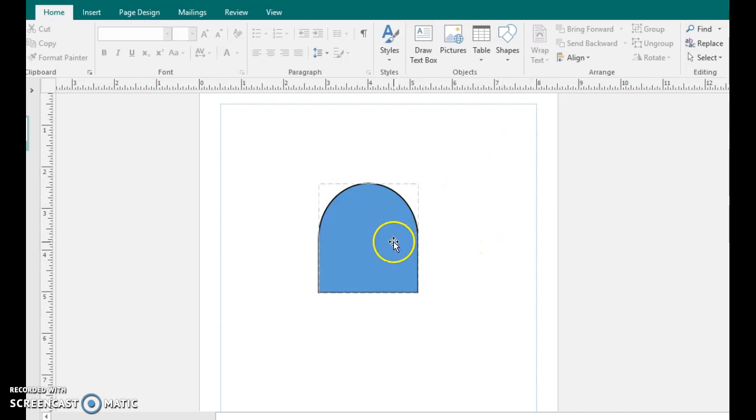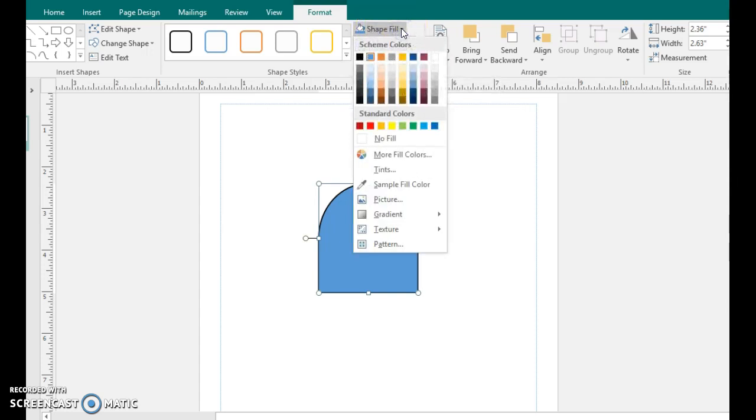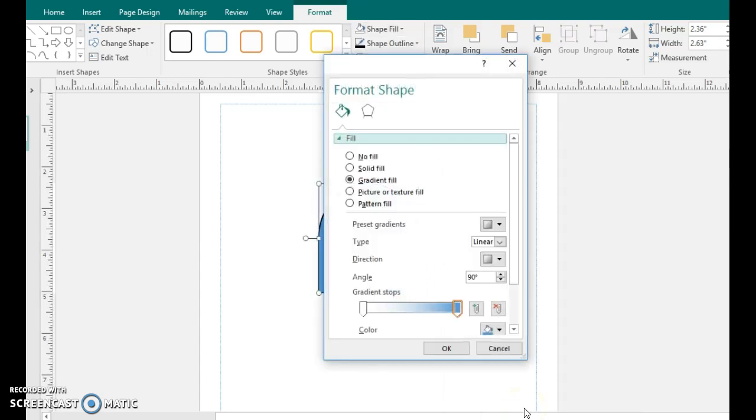A couple of tools as far as the color of your shapes. If we click on the shape and go to the Drawing Tools Format ribbon tab, at the top you have Shape Fill. You can fill in any shape, any solid color. Some other tools you can use. If we choose Gradient and go down to More Gradients,